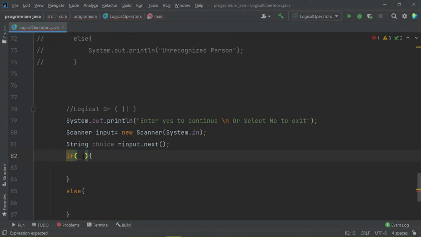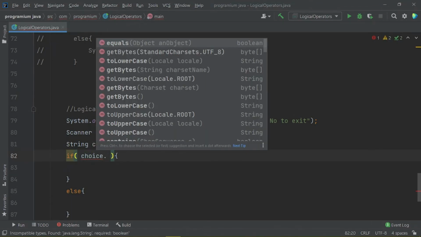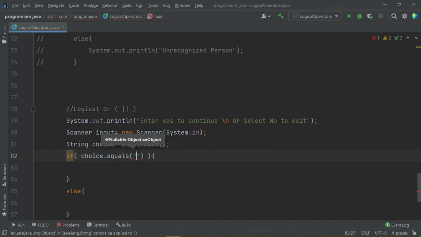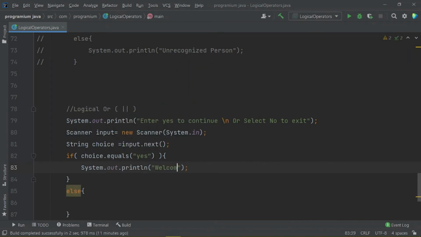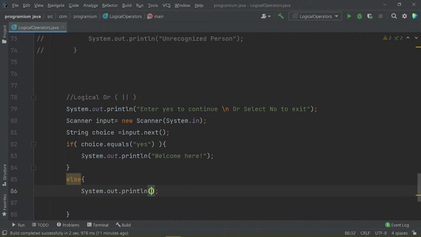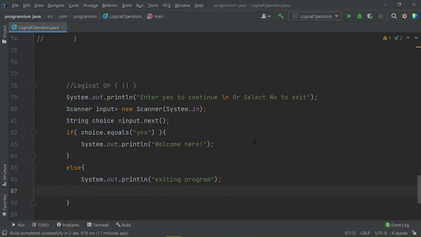There could be only two possibilities, that either the user entered yes or no. So if the choice dot equals yes, then we will simply show the user welcome here, and else we have to show exiting program.